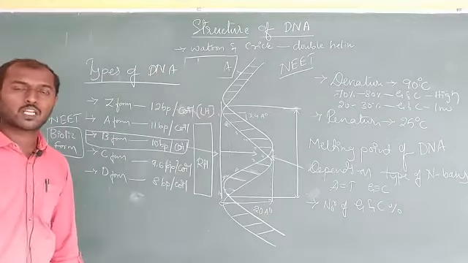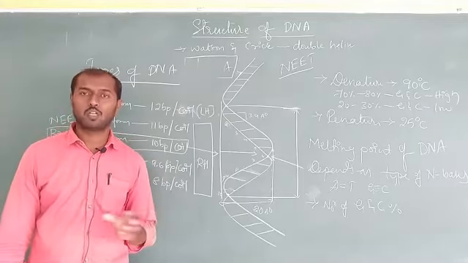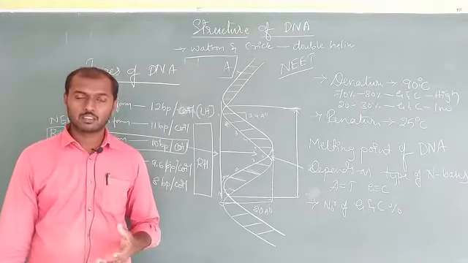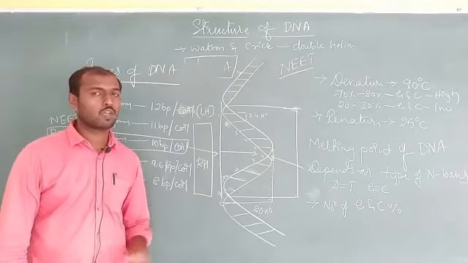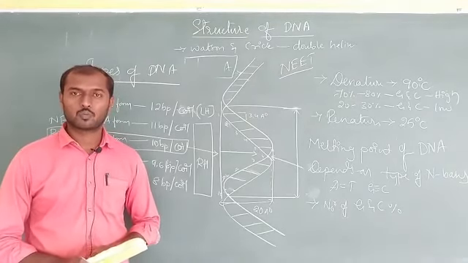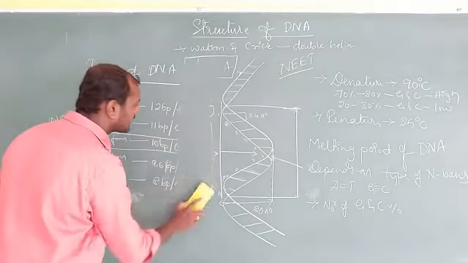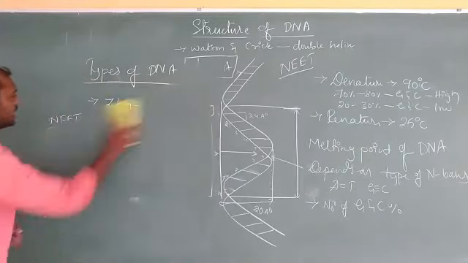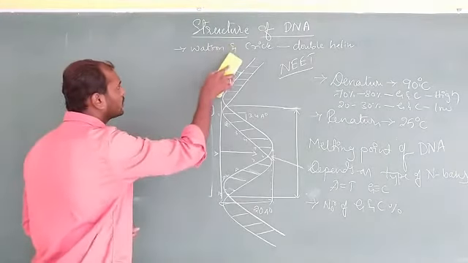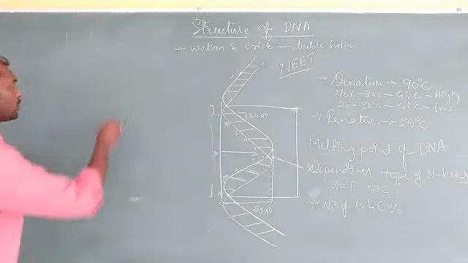Within one cell, or if we take a sample, when we have to calculate at how many degrees Celsius the DNA in it will melt, first we have to calculate the amount of G and C ratio. Also, a very important thing is that we can easily construct the DNA if we know one strand. If we know one strand, we can predict the other strand. That is one of the properties of DNA.